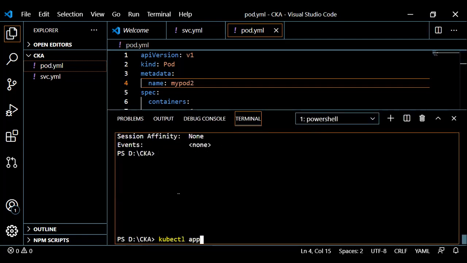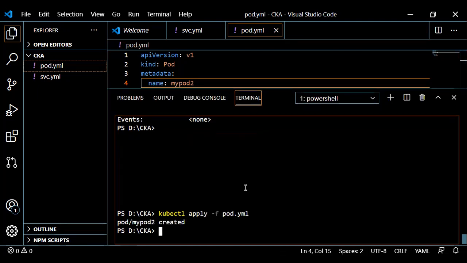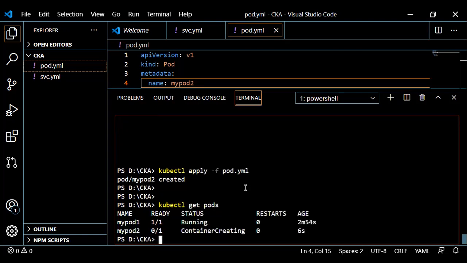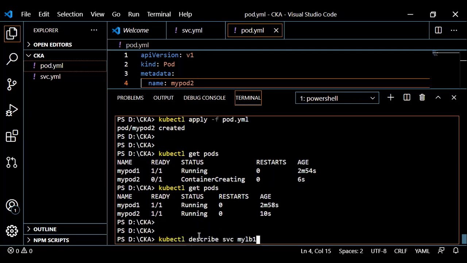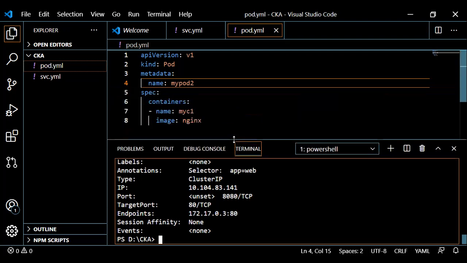See, kubectl apply -f pod. And then if I check kubectl get pods, my container is getting created. Now container is running. My pod is running. At this point of time, if I look at my service, this service is still having only one endpoint associated with it. The reason why the second pod did not get associated with this service is because we have not defined our